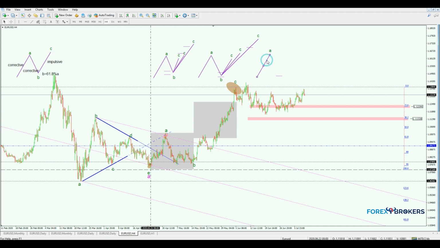This time the B wave retraces beyond 100% of wave A, and it can go as much as possible beyond the 100%. It can go 161.8, it can go 261.8, and so on. But it's important to end beyond the start of wave A here,